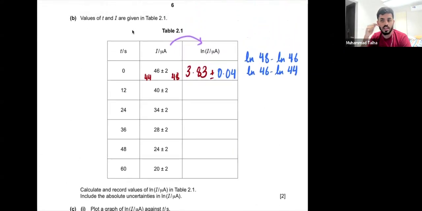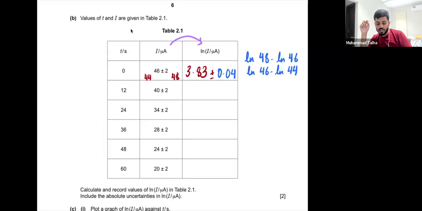So anything else you want me to talk about related to question 2? Otherwise, we'll just go on to question number 1. It's up to you guys. I feel like this is the only stuff which is there in question number 2. Otherwise, I don't know how really to explain this, because this is literally all there is to it.